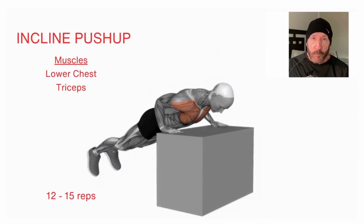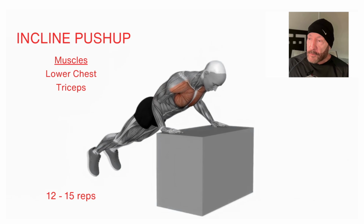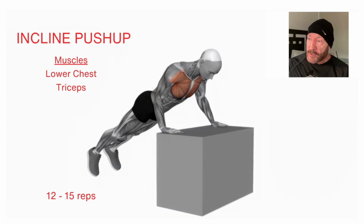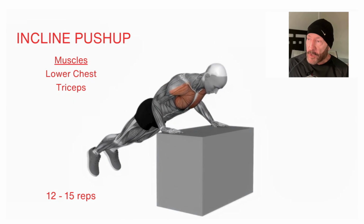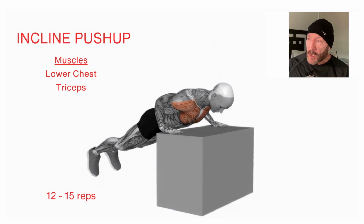Now let's do the incline push-up, a great exercise for the lower chest muscles. You can perform this exercise on any stable surface like a bench, chair, or even a sturdy table. Place your hands shoulder width apart on the surface, ensuring your body is in a straight line from head to